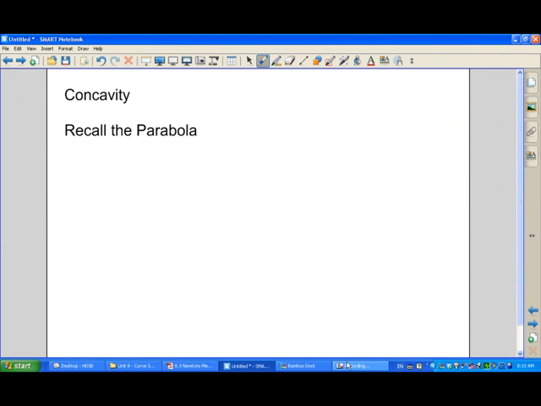So now we'll talk a little bit about something called concavity. Concavity looks at the shape of our curve, and to do that we're really going to think back to the parabola and learning about the parabola. So parabolas have two shapes really. They look like that, or they could look like that. The parabola that opens up we say is